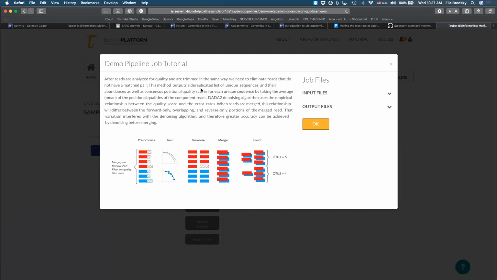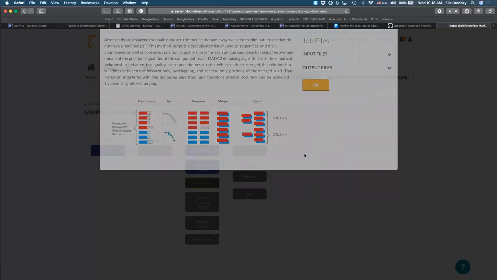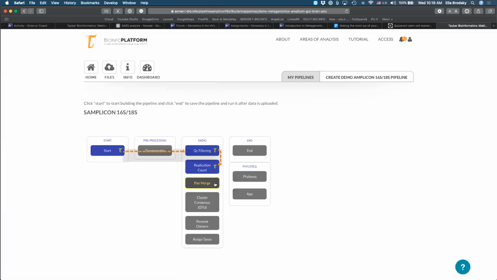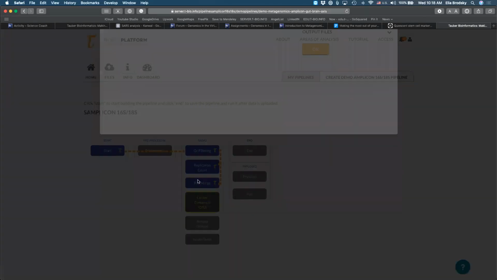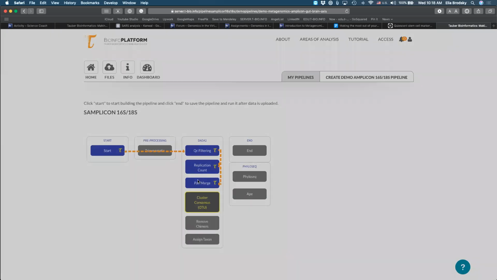This method outputs a dereplicated list of unique sequences and their abundances, as well as consensus positional quality scores for each unique sequence by taking the average or the mean of the positional qualities of the component reads. Okay, so we are using information from the FASTQ inputs from both reads, the forward and the reverse strand. Then those pairs are merged